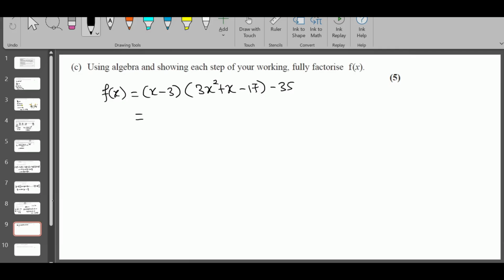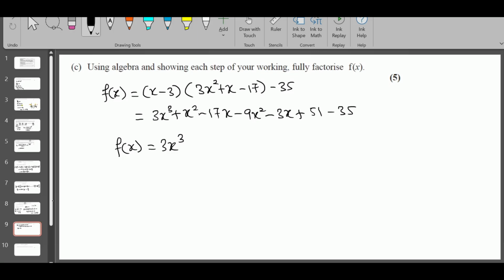Take x and multiply everything, you will get 3x cubed plus x squared minus 17x. Take minus 3 and multiply everything, minus 9x squared minus 3x plus 51 minus 35. So f of x is going to be 3x cubed